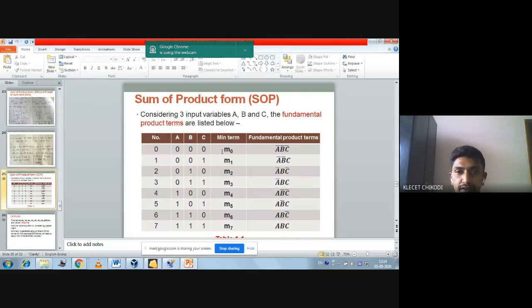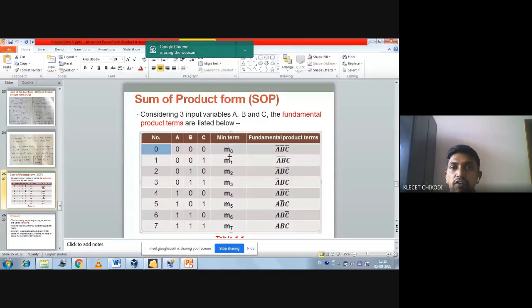And they are representing the first term with small m naught. We are representing the min terms with small m and the max terms with capital M. You can see that the number here is 0, so that's why we have written the min term m naught. Again, it is a 1. For 2, we have written m2 like that. For 0 to 7, we have min terms small m0 to small m7. Fine. So this is how we are representing the min terms here.